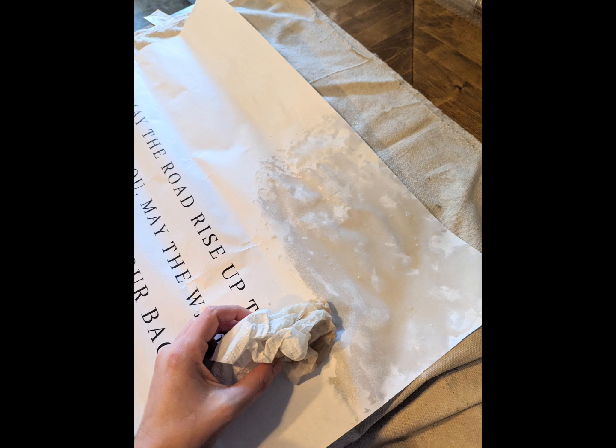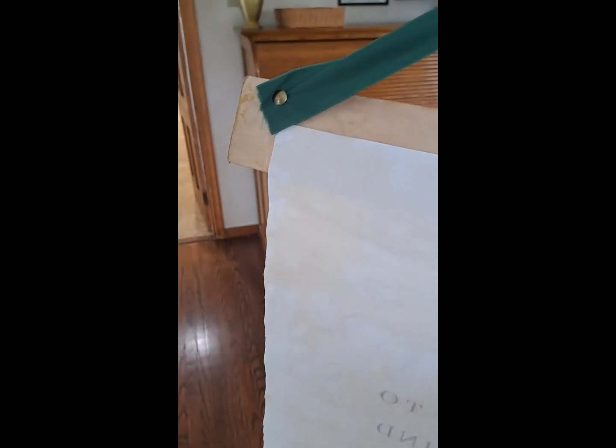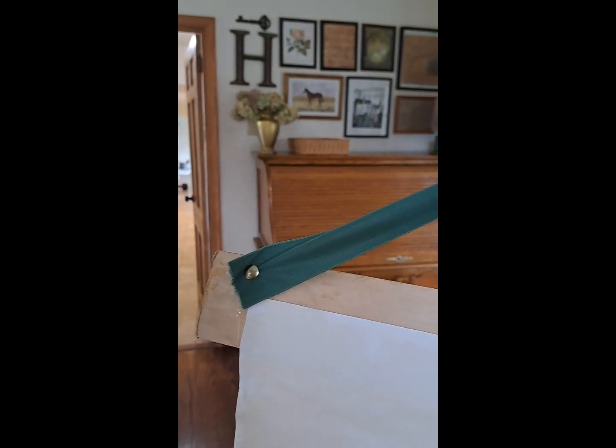Once the trim was dry, I hammered in 2 pieces of velvet ribbon just with thumbtacks. And I tied my bow in the middle. A lot of poster hangers like this will use magnets or clamps so you could switch out the papers, which I love the idea of. But honestly, I just attached the poster with a little bit of hot glue, as I don't plan to change it out